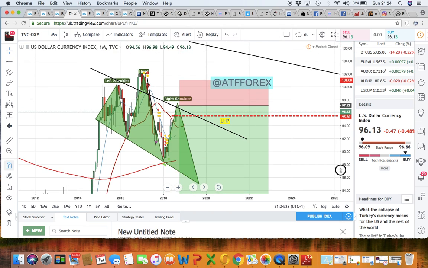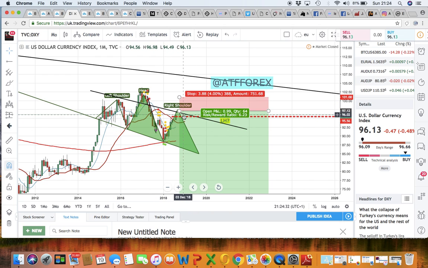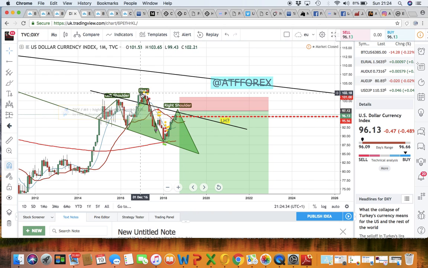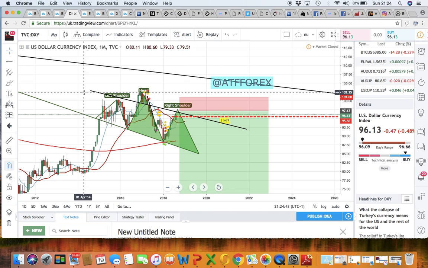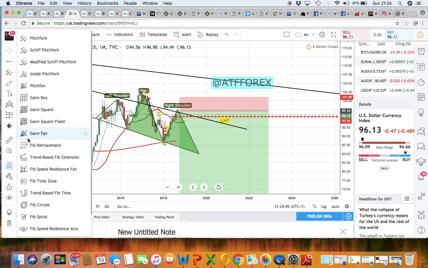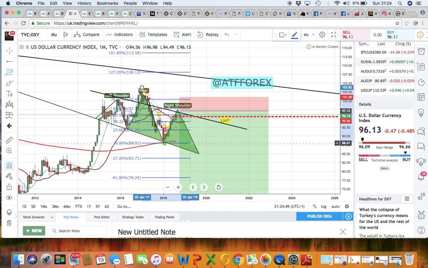We started off by analysing the US dollar index on the monthly, and we noticed that we're at that key resistance level off this head and shoulders pattern that does look like it's going to form. So we have a potential lower high that's going to be created with this right shoulder. This also sits on a 61.8 fib level. If I draw on our fib retracement tool from our high to our low,